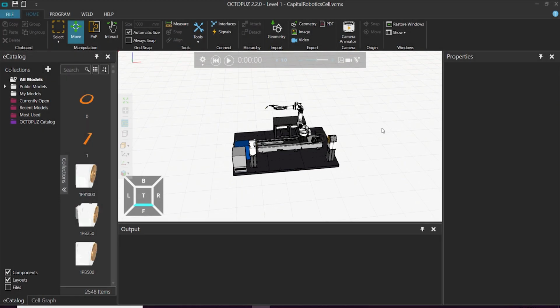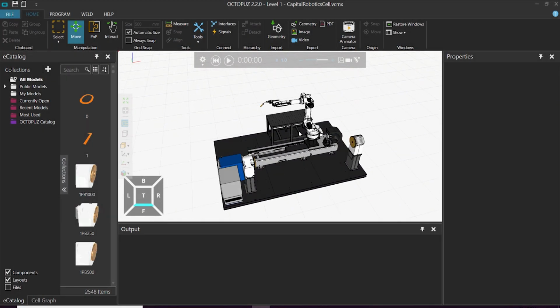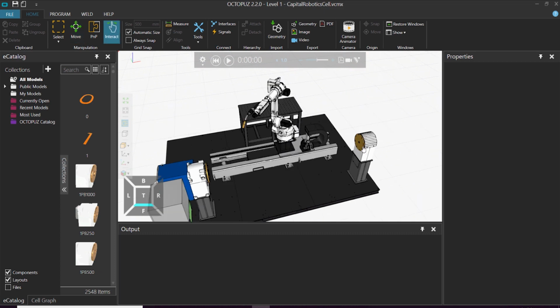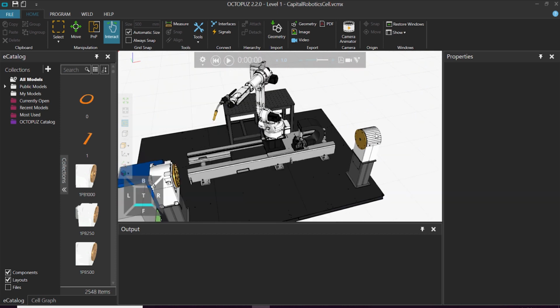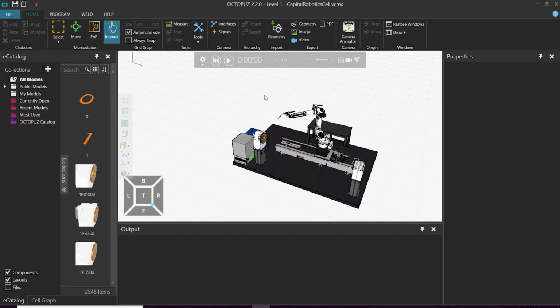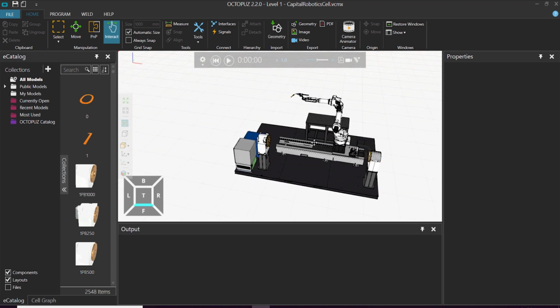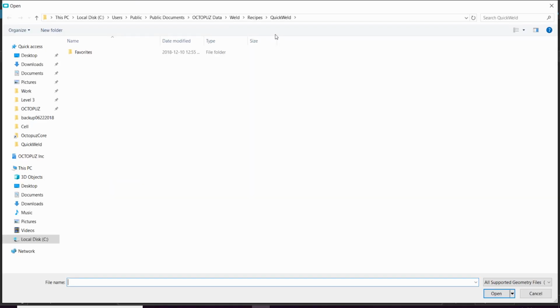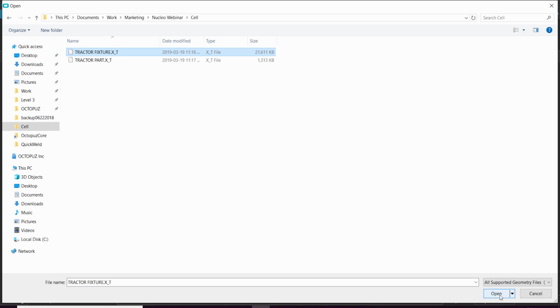Okay, so I have my robot cell open in OCTOPUZ, and you can see that in this cell we have a fully kinematic rail, robot, and headstock, tailstock positioner, which we're going to use for our welds. Now the next step is to just import our geometry provided by Nucleo. So I'm going to bring in the fixture first,